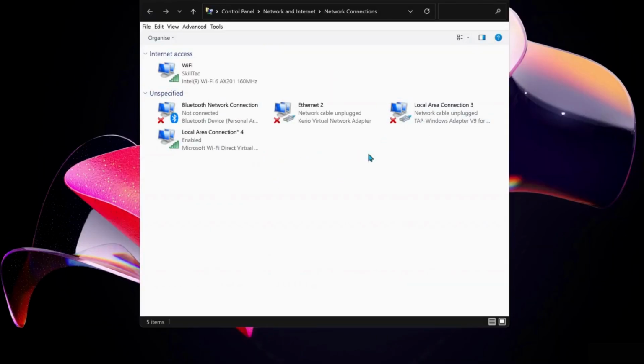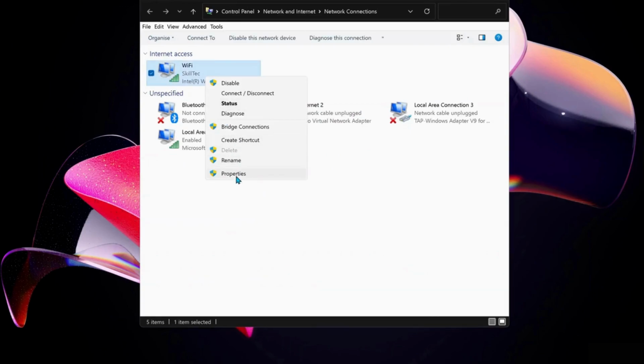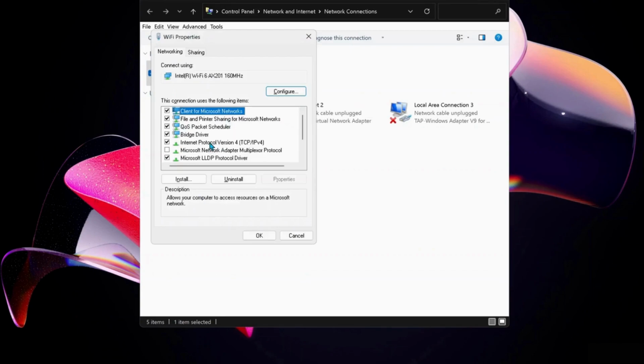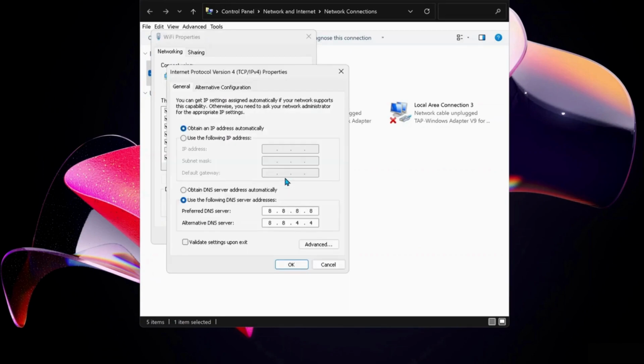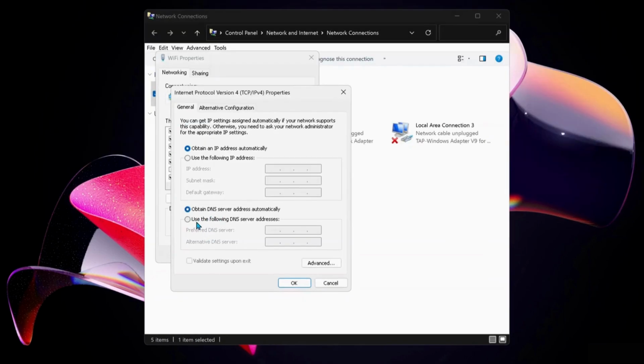Over here, choose the internet connection that you're working on. So in my case, I'm working on Wi-Fi. So I'm just going to right click on Wi-Fi and select Properties. And next in here, select Internet Protocol version 4 and click on Properties. Then we need to select this option, use the following DNS server address, and for preferred DNS server type in